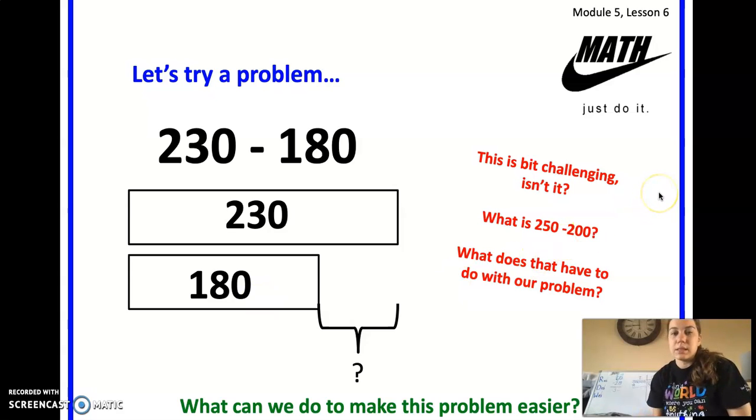Now let's look at this. It says 230 minus 180. So that could be a little bit challenging. But what if we tried to do 250 minus 200? What does that have to do with addition, or with our problem? Well, in both places you added 20. So if you look at our problem,